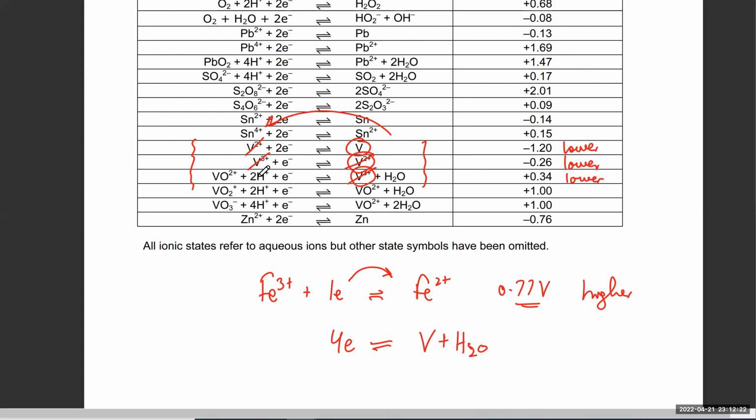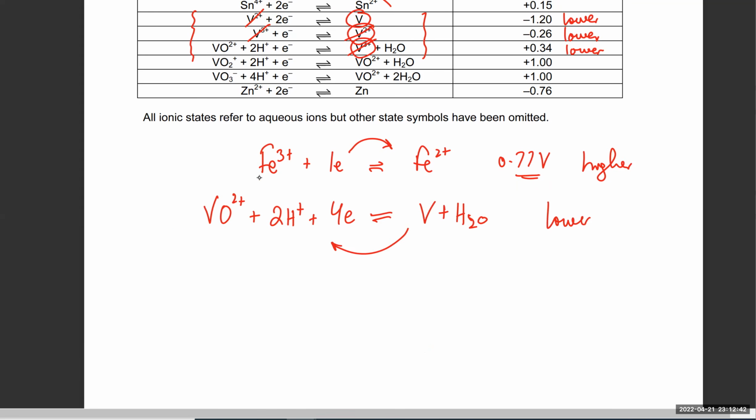Then I've got VO2+ and 2H+ on this side. And I know that these are the ones that lose electrons, right? In all cases, these are the lower ones. And then you're going to add them up. Now you're going to balance the electrons. So you're going to multiply the first one by 4. So it's going to be 4 Fe3+, that's your reactant. On this side we've got vanadium as the reactant, and the product is going to be, in the first one,